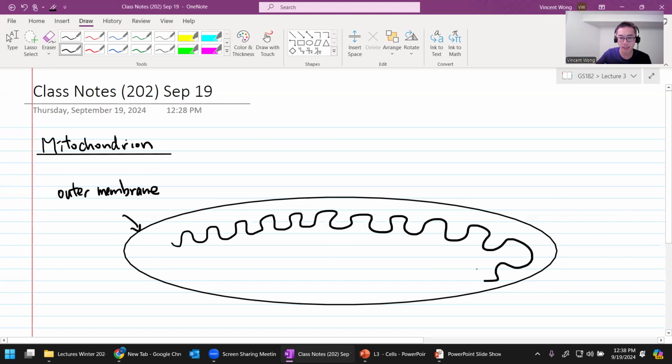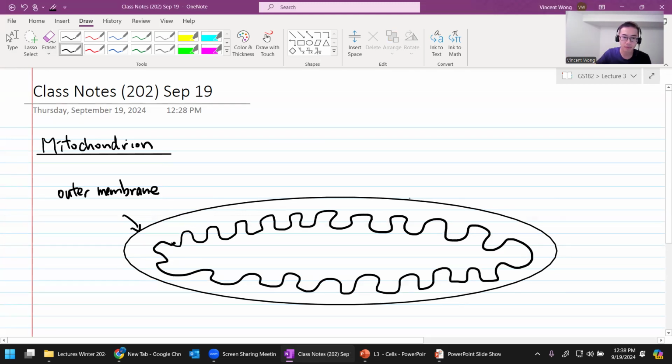It folds up like this. So this is the inner membrane. And like I said, inner membrane folds up